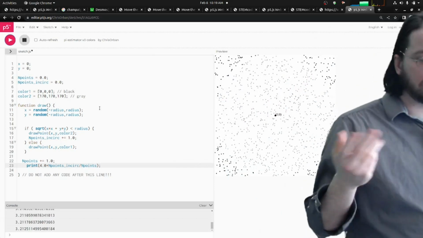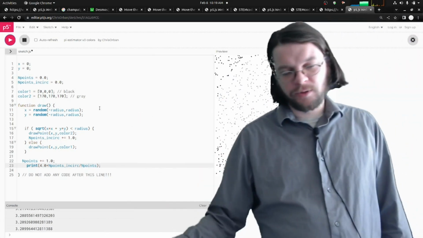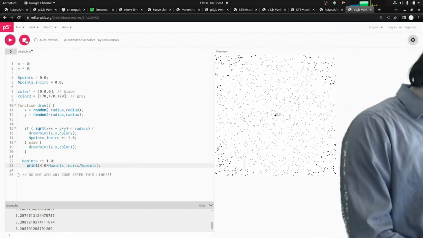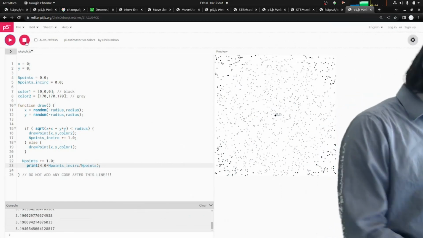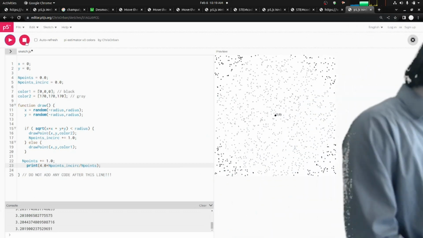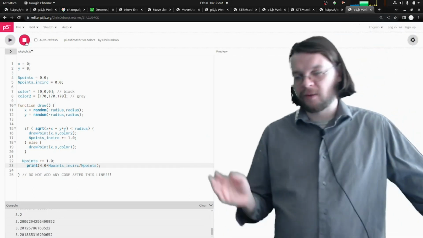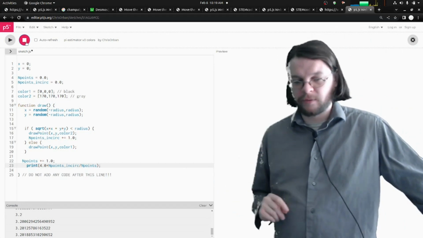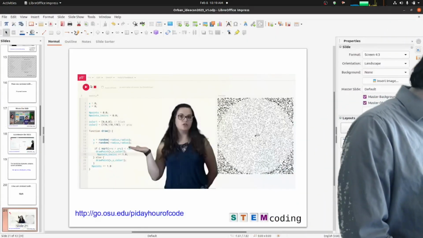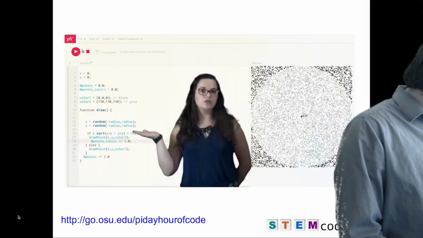Anyway, but this does work, and as you're waiting for that, you can change the colors and that sort of thing. So this is how we would connect with math. Again, this is using a computer to solve a math problem, which is what are the digits of pi. In math lingo, this would be called a Monte Carlo method for determining the digits of pi. There's other methods as well. All right, so that's that.